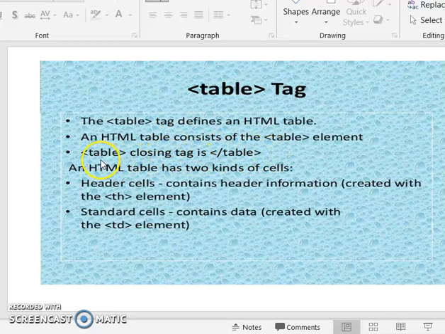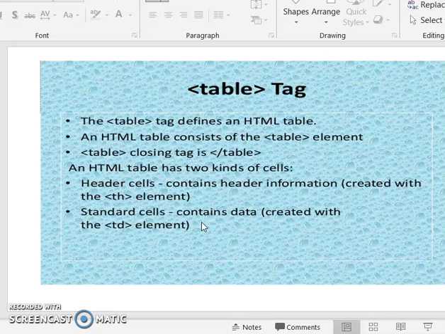Here is the syntax: table, and closing is /table. HTML has two kinds of cells. A header cell contains header information, and a standard cell contains data. As in a regular table, we can use th and td. These two tags are used for table headings and values.